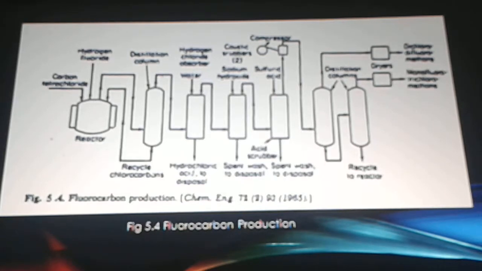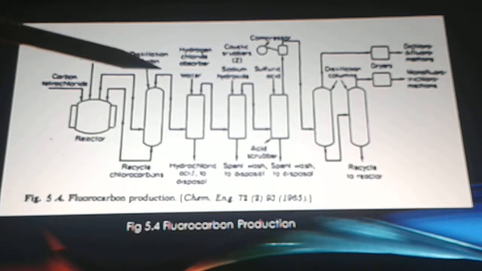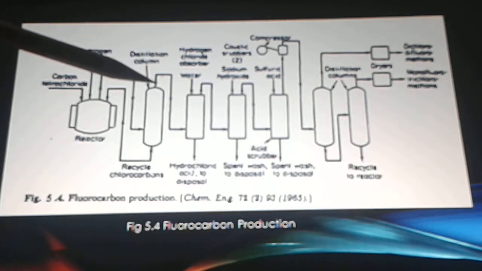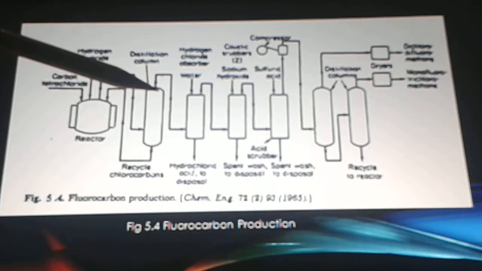Second is figure 5.4 or the production of fluorocarbon. Anhydrous hydrogen fluoride and carbon tetrachloride are bubbled through molten antimony pentachloride catalyst in the reactor. The gaseous mixture of fluorocarbons and non-reacted chlorocarbon is distilled using the distillation column to separate and recycle the chlorocarbon